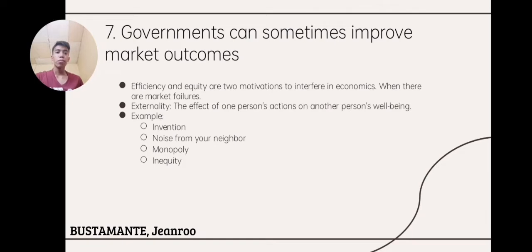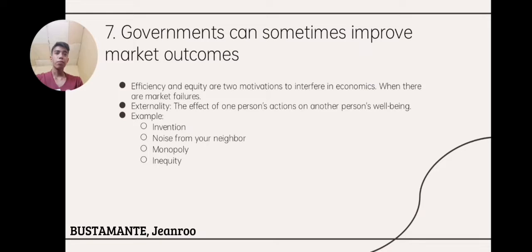The seventh principle is that governments can sometimes improve market outcomes. In the previous economic principle, we discussed government intervention in the market in the form of policy formulation. But why does the government need to intervene when we have the invisible hand? The hand uses the market to produce goods and services, while the hand relies on the government for protection. The hand needs help in organizing economic activity within the market, namely to promote both efficiency and equity.